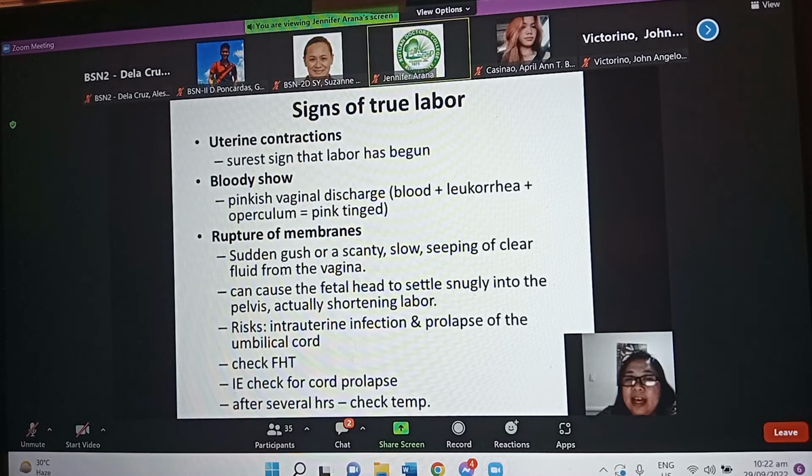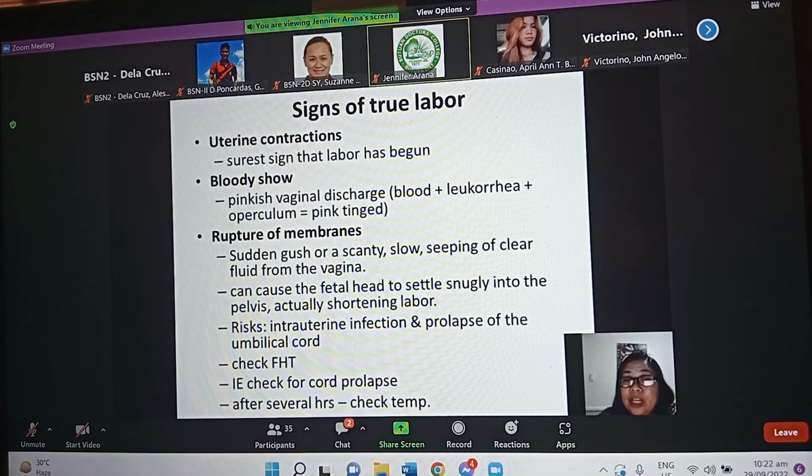This can cause the fetal head to settle snugly into the pelvis, actually shortening labor. However, it carries risks with it, like intrauterine infection and prolapse of the umbilical cord. So once ROM, or the rupture of membranes, occurs, one of our nursing responsibilities is to check the fetal